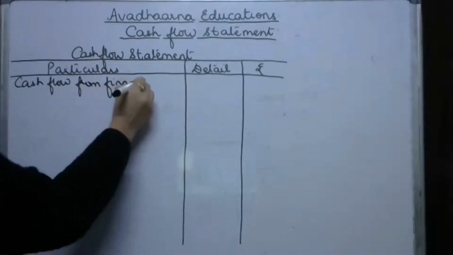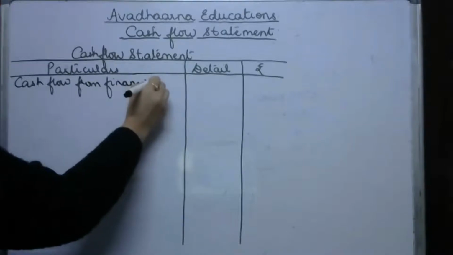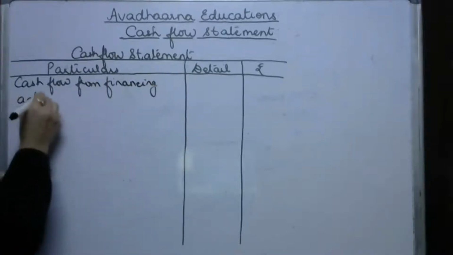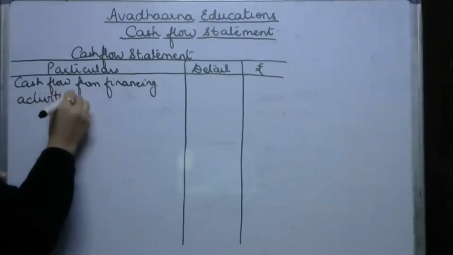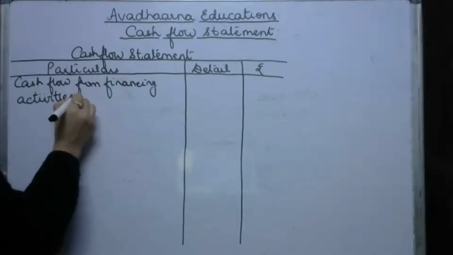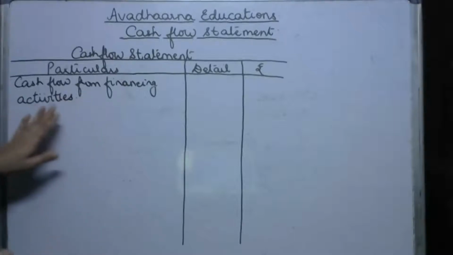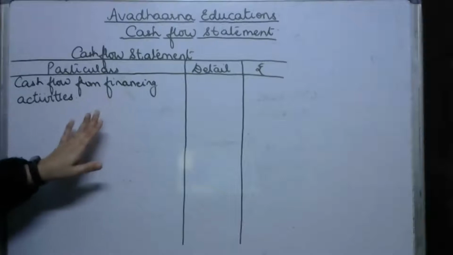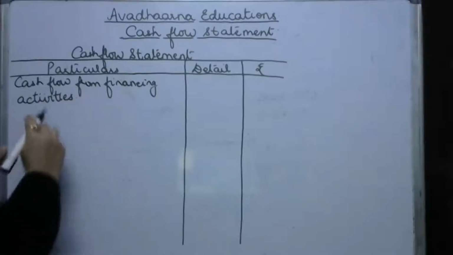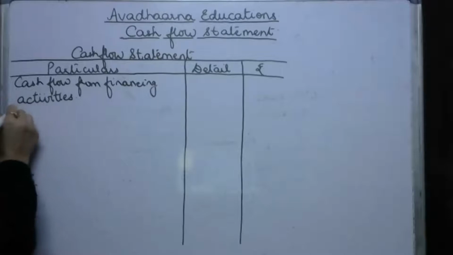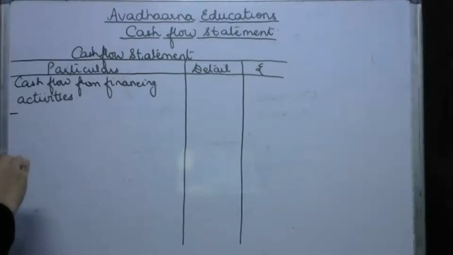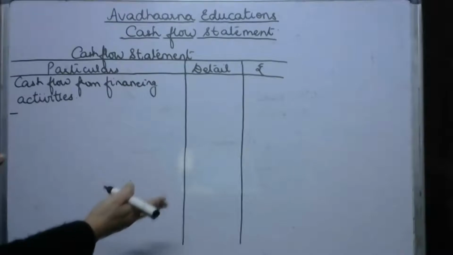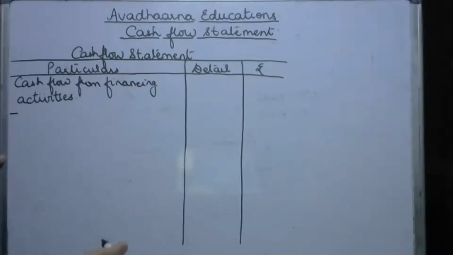अब बेटा फाइनेंसिंग एक्टिविटी क्या होती है किसी भी बिजनेस की? फाइनेंसिंग एक्टिविटी बेसिकली relates to the identification of various sources of funds and raising of funds for doing the business कि हमने funds कैसे raise करने हैं. तो जब funds raise होते हैं तो you are going to get cash inflow. लेकिन अगर आपने suppose आपने funds raise किए हैं through loan और आपने loan को repay करना है तो repaying back of loan is going to result into cash outflow.